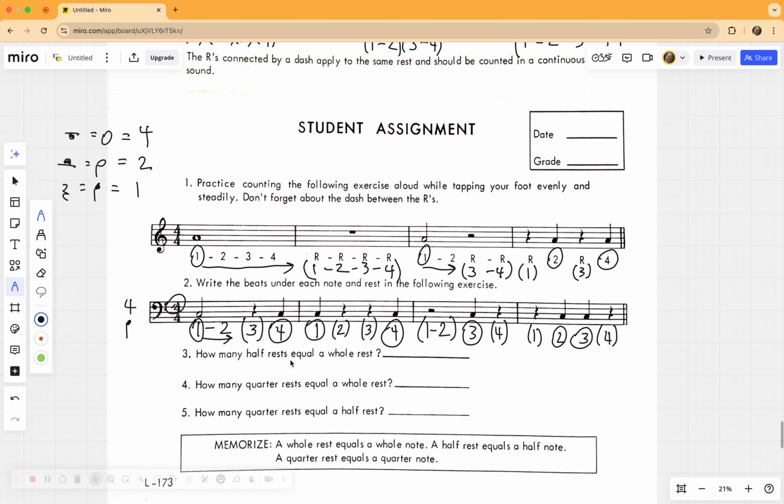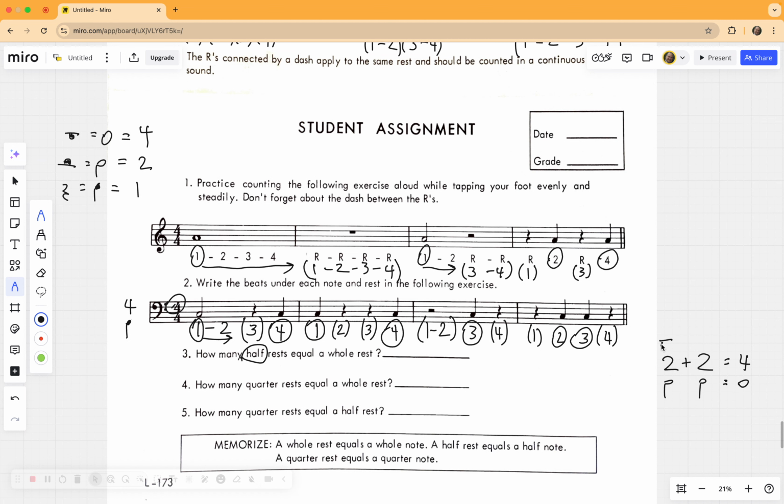How many rests equal a whole rest? So, okay, how many half rests equal a whole rest? Well, a half note equals 2. A whole note equals 4. We know the total has to be 4, right? So if a half rest is 2, then you'll need another half rest to equal 4. So the answer is half note plus half note equals 4, or